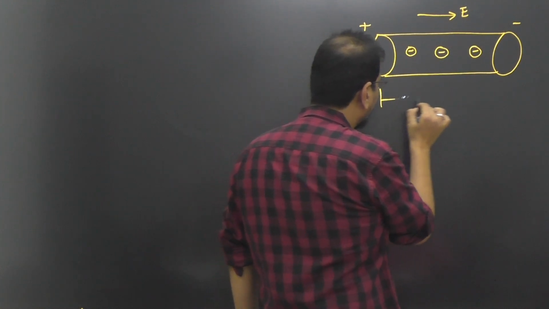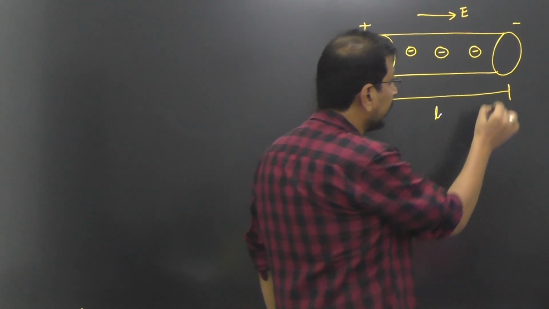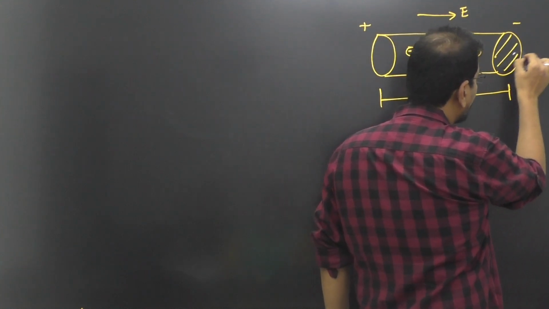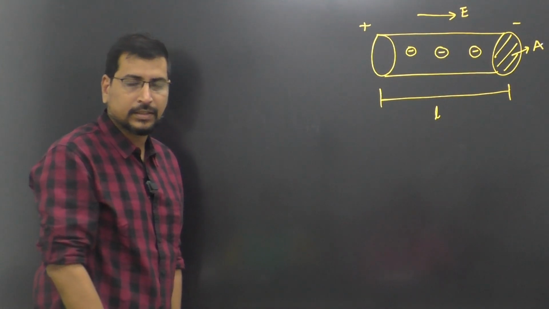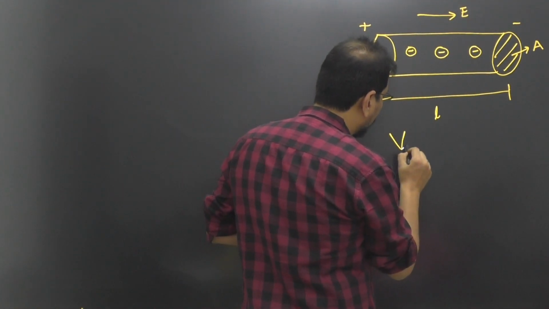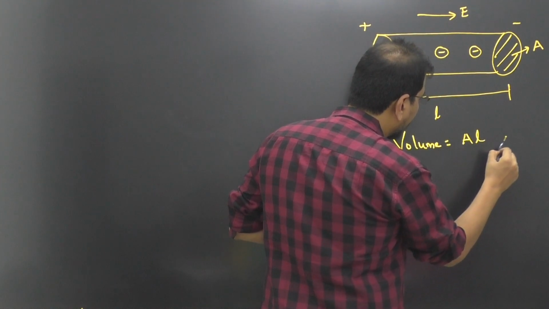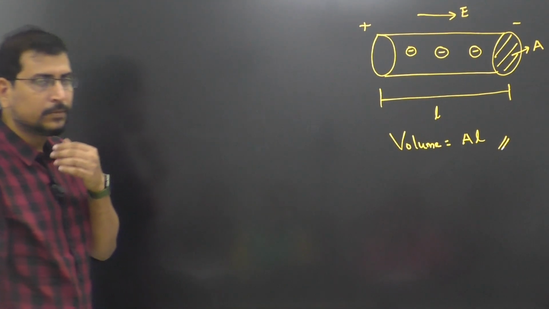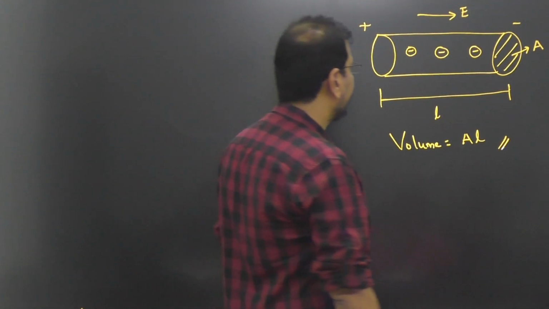So if I take the length of the conductor to be L and the area of cross section to be A, right? These are the two things I'm taking. So what is going to be the volume of this conductor? So volume is going to be equal to A multiplied with L. Simple. Now the question is,